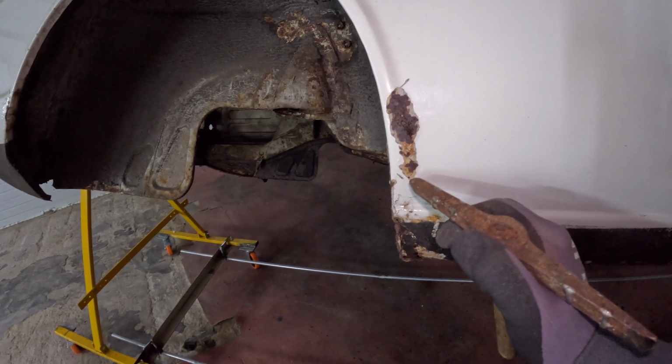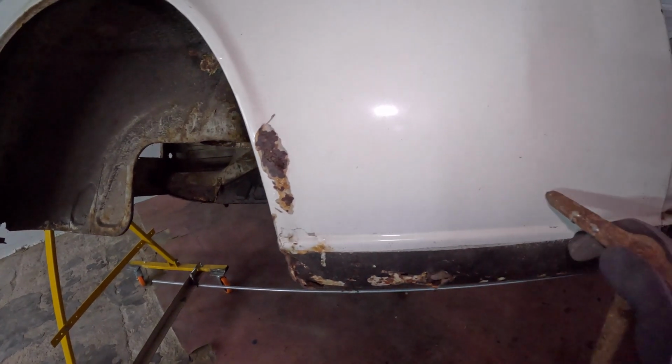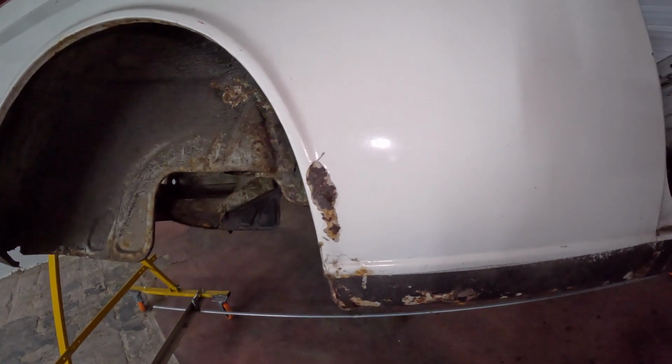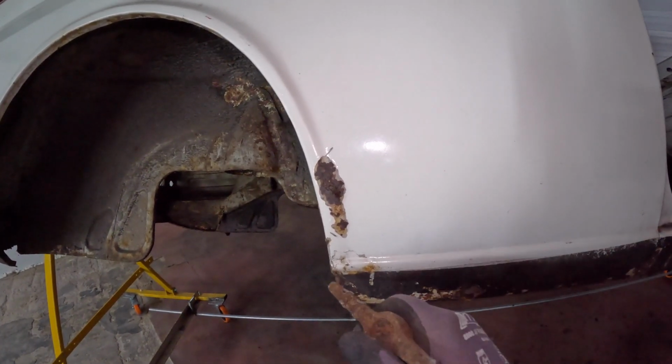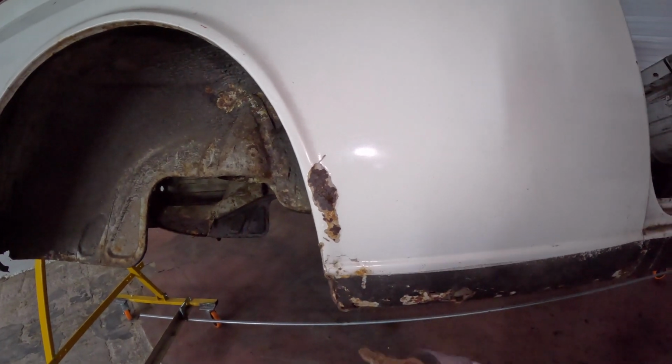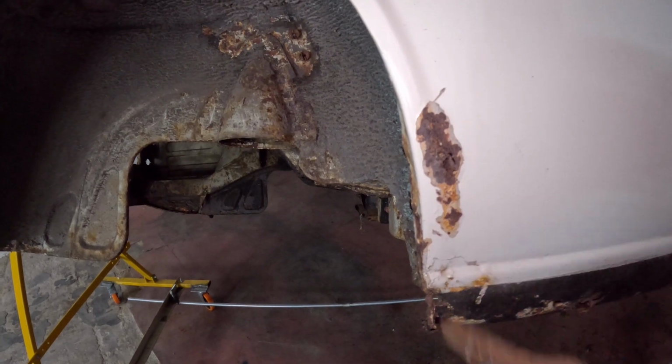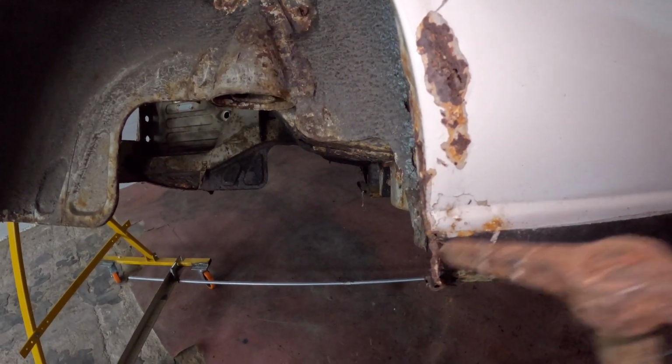And as I mentioned, you can actually buy a section from here all the way down, which lets you either change your sill properly or just repair this rot at the bottom. But the rot we have here